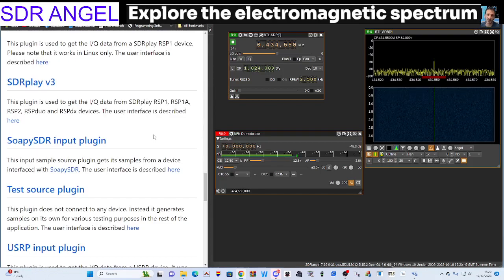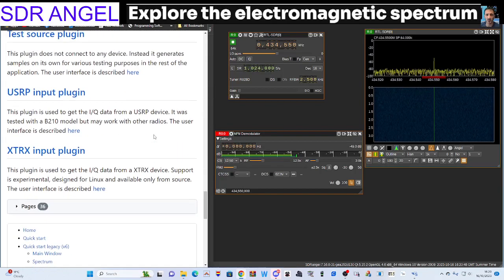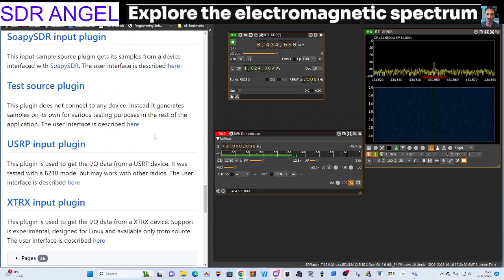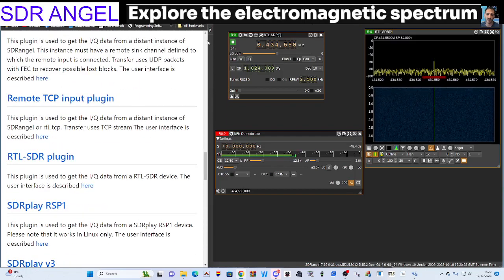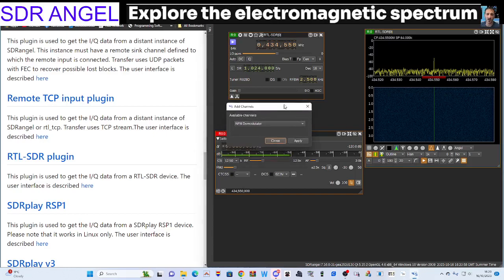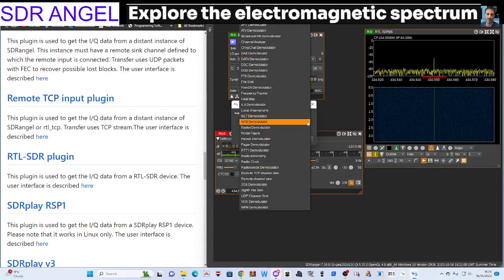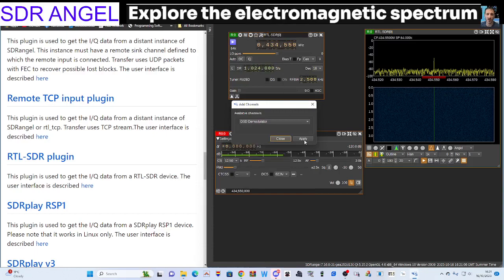What I will do, we've got lots of plugins here, is just press stop. Then I'm going to add a new window, and this time I'm going to choose a different demodulator. I'm going to try and choose the digital one, which I saw earlier was DSD. Now it might be the wrong one, but if you got that, and I'm going to click,